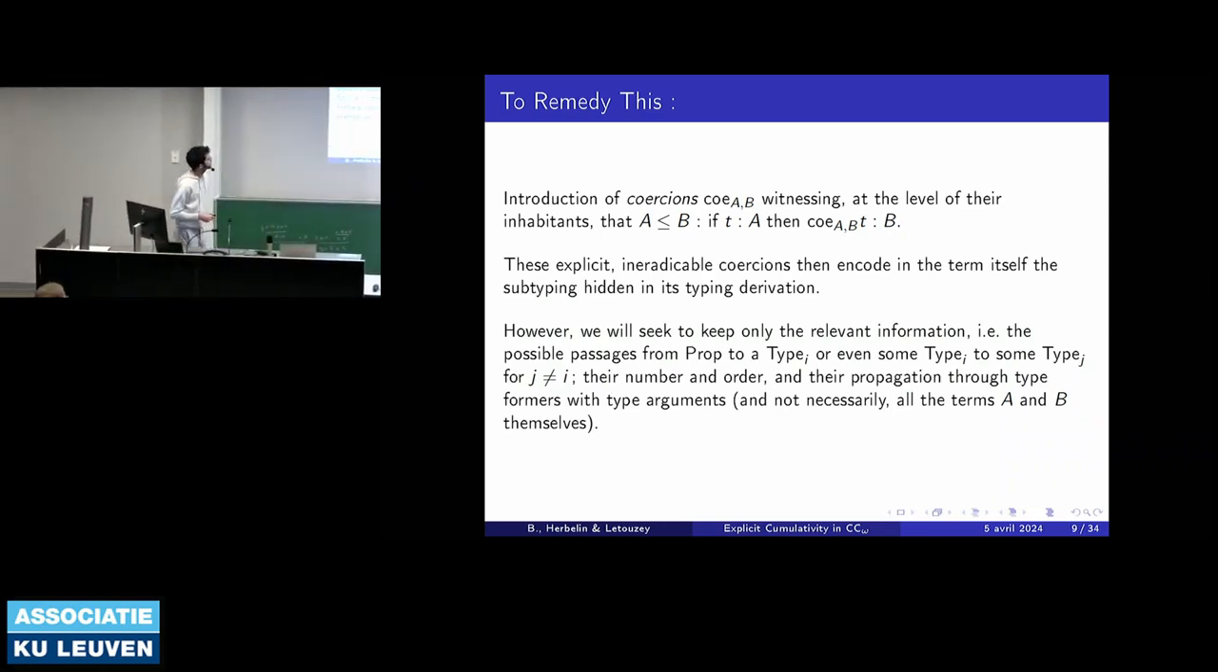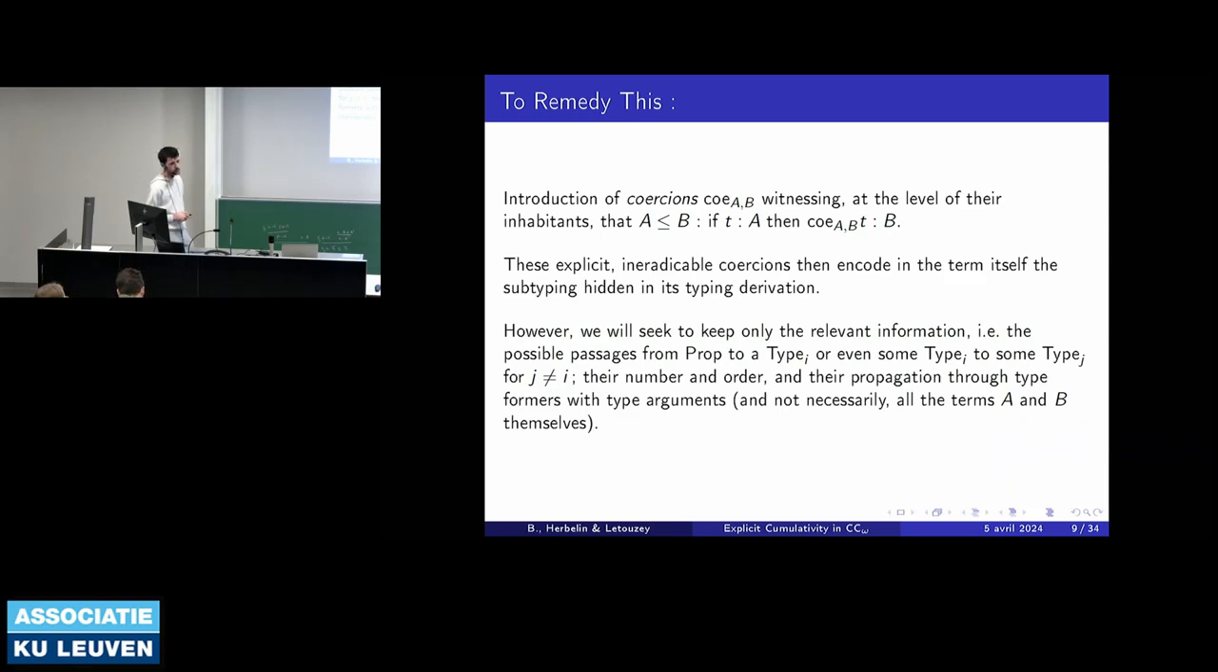Okay, so that's it. But we don't want to keep always A and B. We want to keep only the relevant information, so the universe we come from and the universe we go into, and the propagation of this information to typeformers. And we will also make explicit not only Prop into Type, but also Type i into Type i+1, or into Type j for higher j,